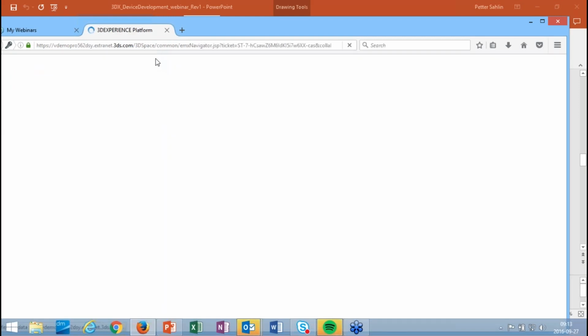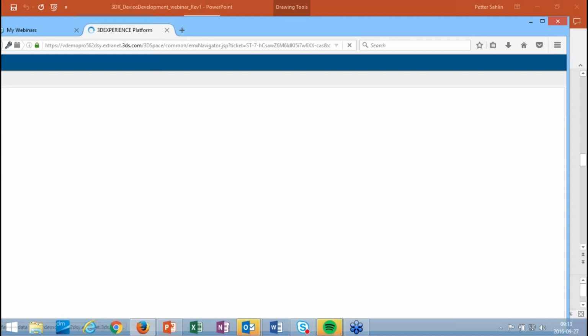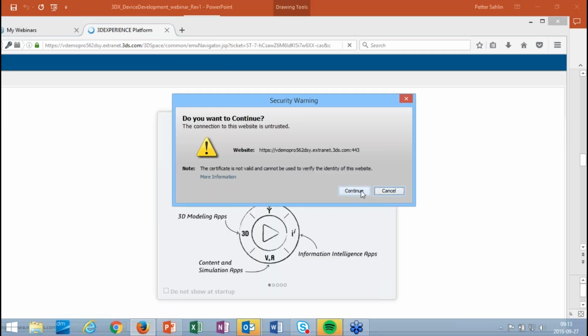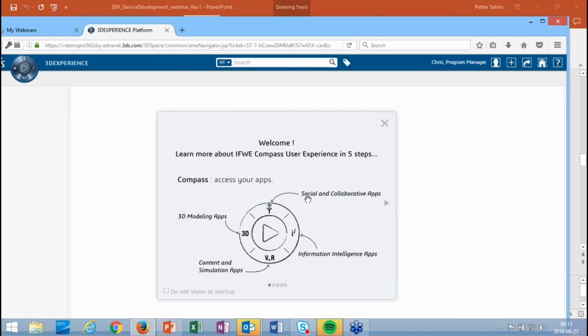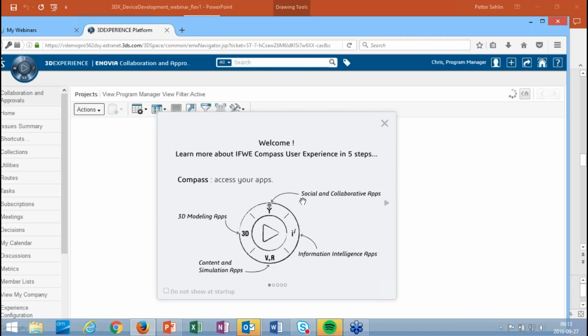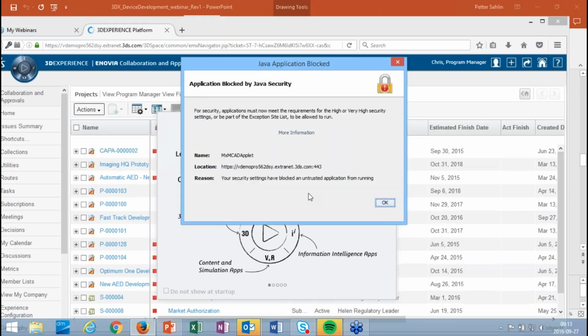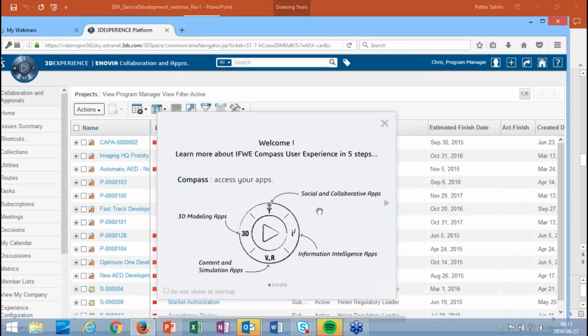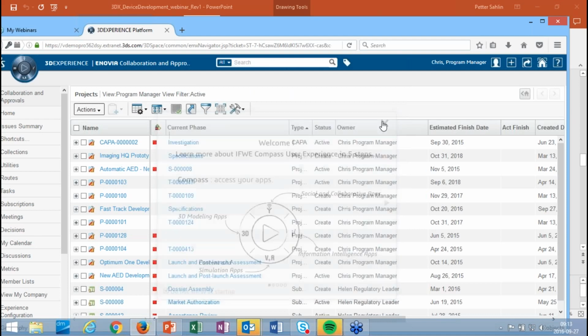When working with new development projects, there are two different roles primarily we work with in the 3D Experience platform. One is the full project manager, and that's the one I'm using right now. And